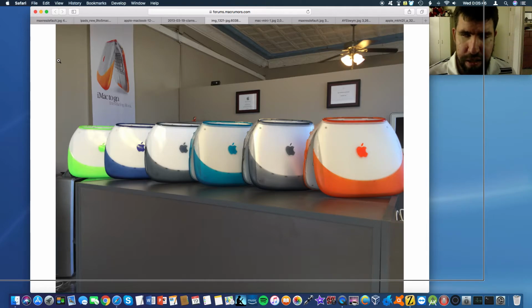And I think that if they're going to introduce a MacBook Air, a lower cost computer, by all means, bring back the colors and bring back the wind-up power brick. For those of you who do not know, I grew up with these in school. I grew up with the original iBook in school. And one of the really cool things that it had was a retractable